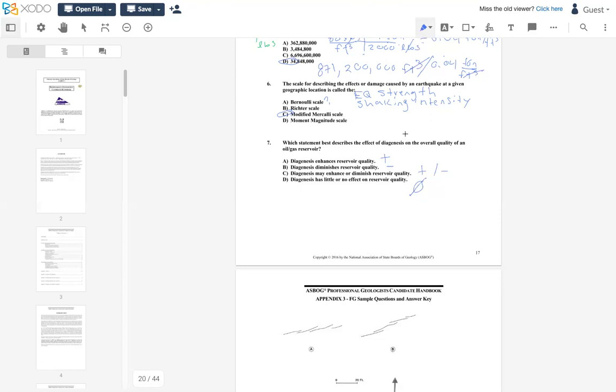And diagenesis, which is what we're talking about here, is just the alteration of rocks post-burial. And diagenesis has the ability to produce secondary porosity through things like compaction, cementation, replacement, things like that. And diagenetic processes generally decrease. So my first instinct would be D, that they diminish reservoir quality. But